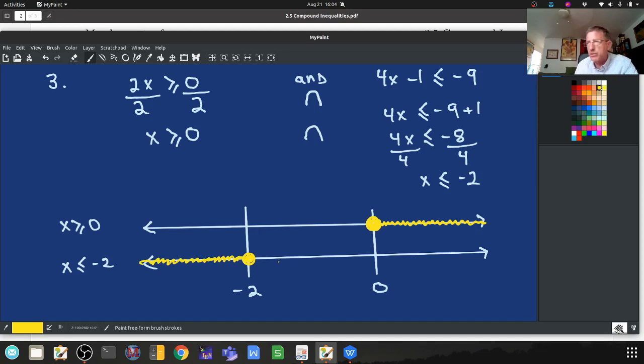And what is my solution set? My solution set is the set of all areas with squiggly lines in both lines above and below each other. And there is no area of the line where there's a squiggly line below and above at the same time. So remember, this is where x satisfies this inequality, and this is where x satisfies this inequality. So our solution set